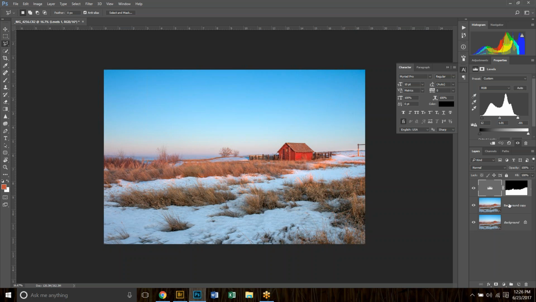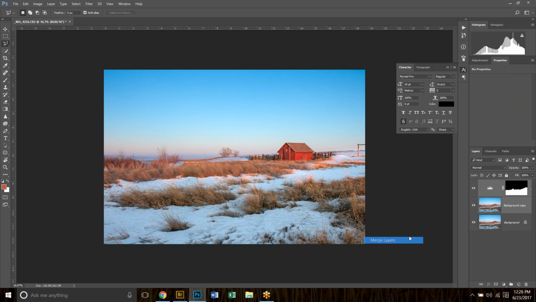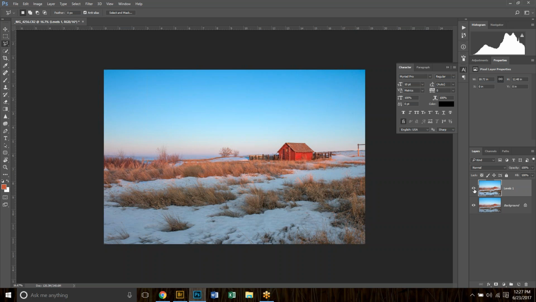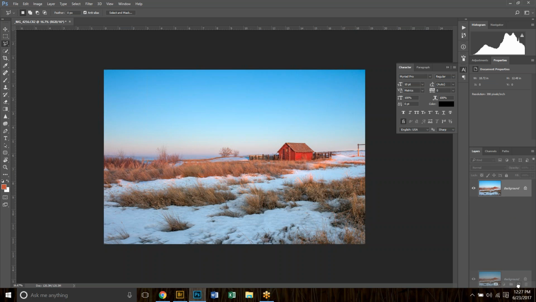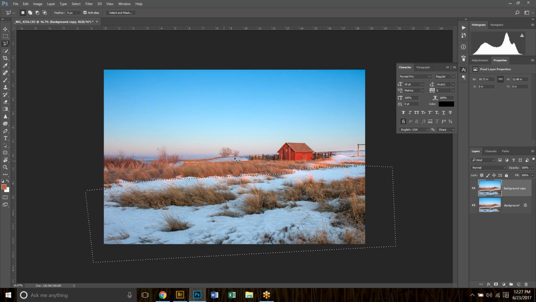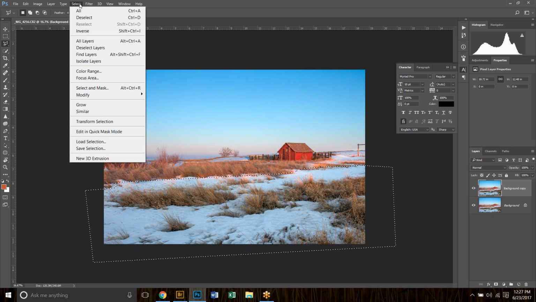Okay, so I'm going to merge those two layers. You can see my shadows pretty much disappeared in that grass there. It's not bad. So now I want to see if I can grab the grass in the shadow areas and just tweak that a little bit more. So first I'm going to grab this area, and then I'm going to go to Select,